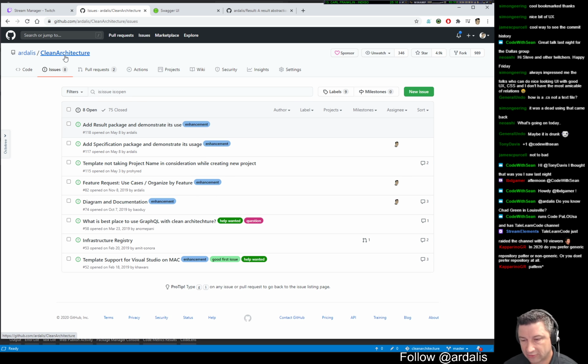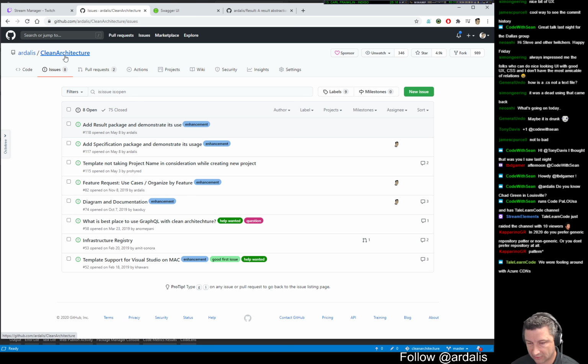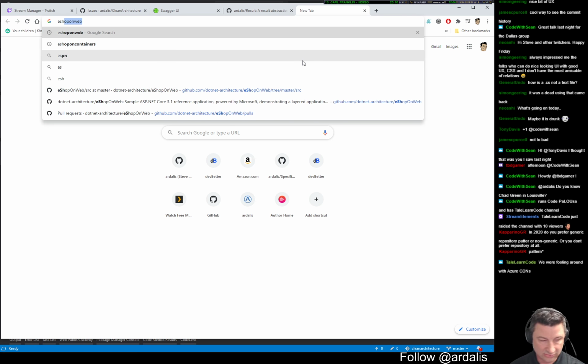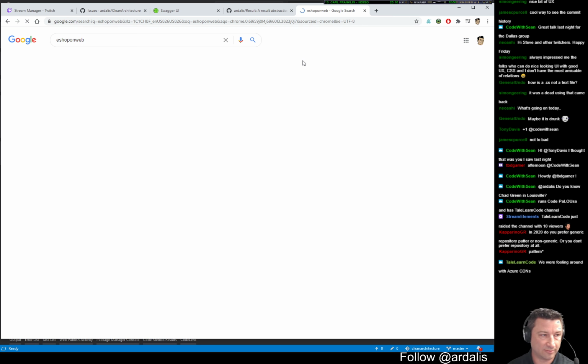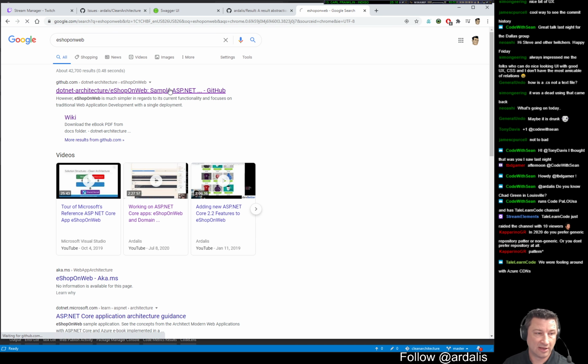Caparino GR, in 2020, do you prefer generic repository pattern or non-generic, or you don't want it at all? It depends. Standard consultant answer. I like the generic repository generally. I have an approach that I kind of like to use, which is on this eShop on web, and we're about to implement it actually in this clean architecture. But if you go out here,